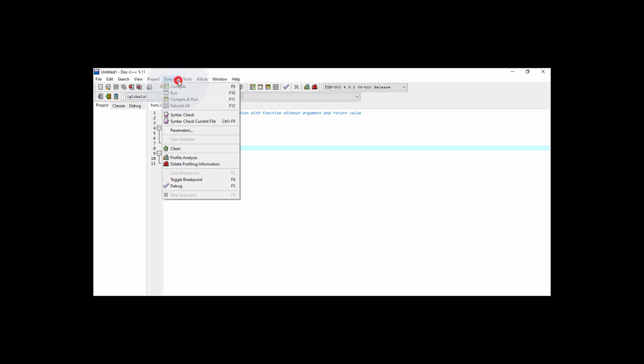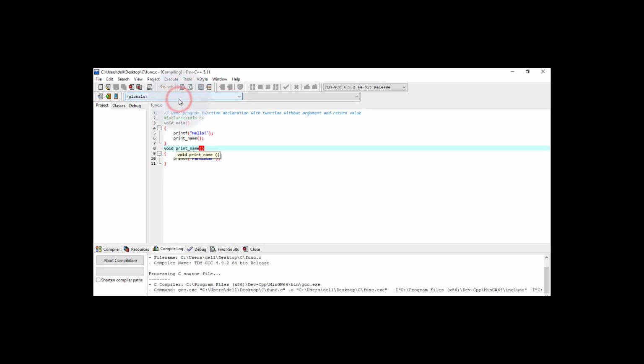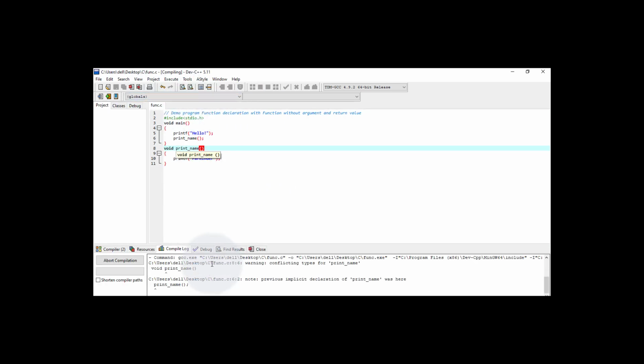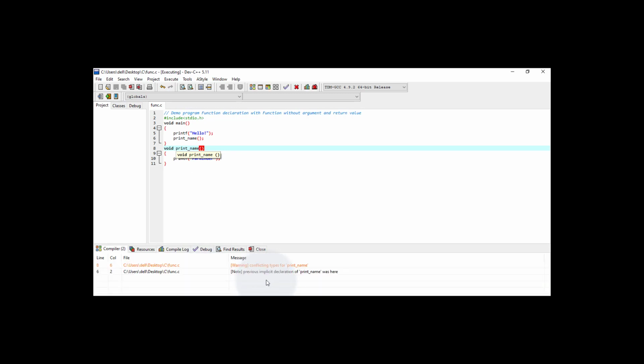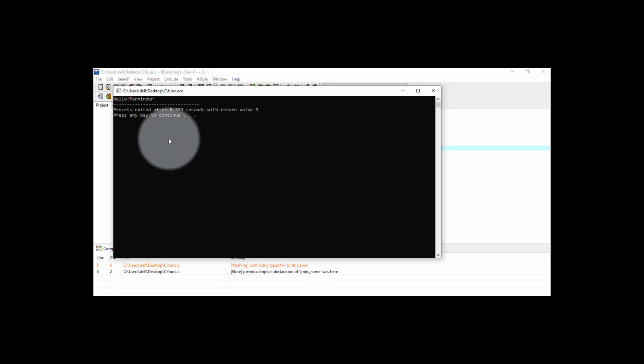Now just go to the execute menu, choose compile and run, and here you will find a warning about the complete type name for print_name, but it's showing me the result: hello Parminder.